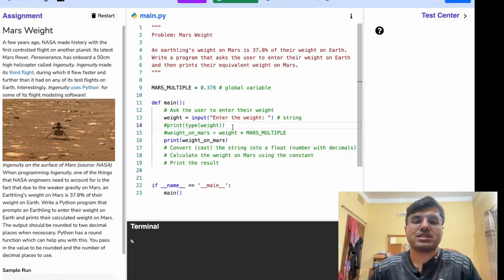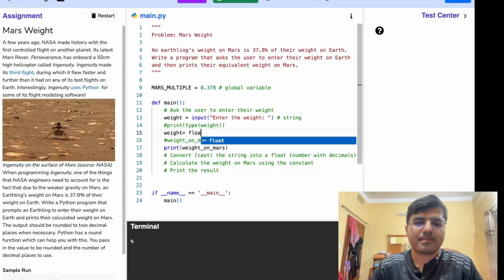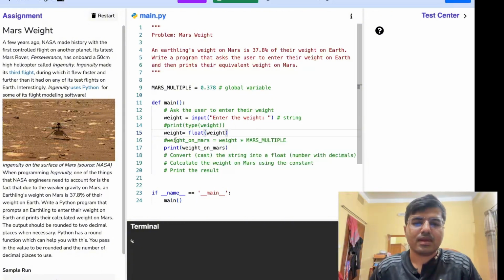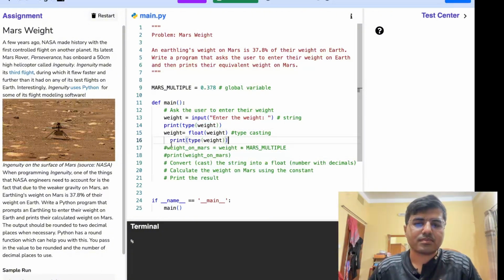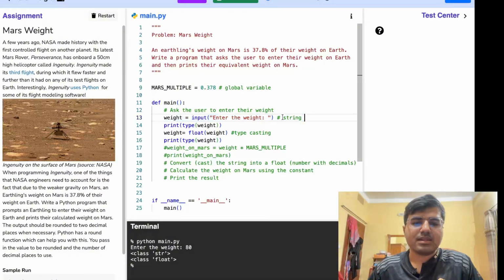Now the question is, how can we perform the typecasting? By just using this simple line we can do the typecasting operation. This is actually called typecasting. Now see that in this line I am taking the input which is 80, then I am printing the type of the weight.